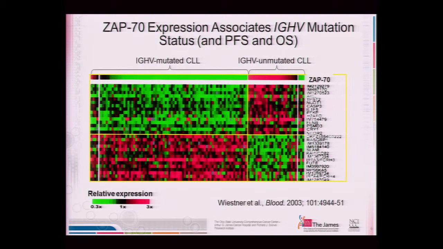Generally when I fish, I don't catch fish. I catch logs and other things and tires, and you can catch all kinds of interesting things. And fishing with microarray really caught something called ZAP70, which is not expected to be in this high-risk type of CLL, the IGVH unmutated, but it sort of led us to a finding that B-cell receptor signaling might be important